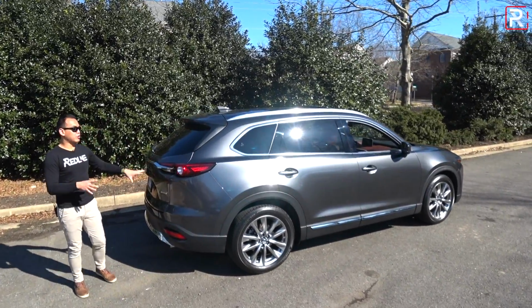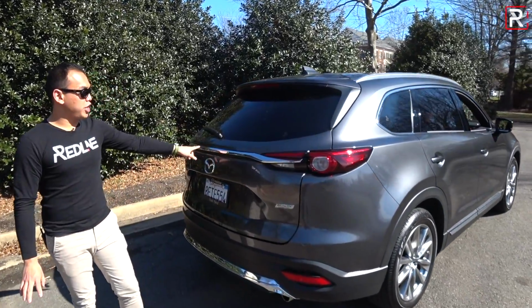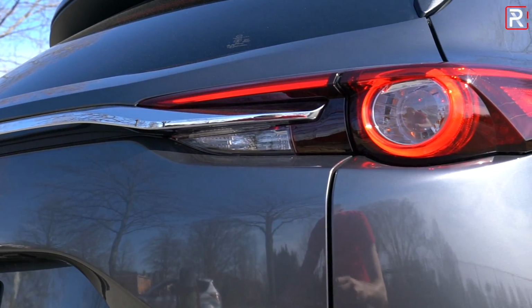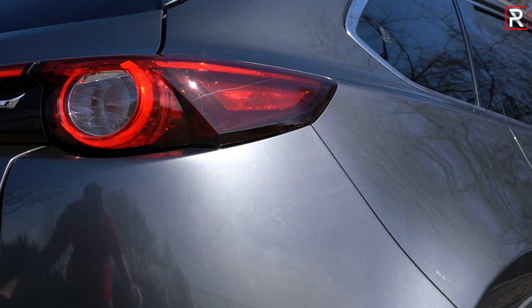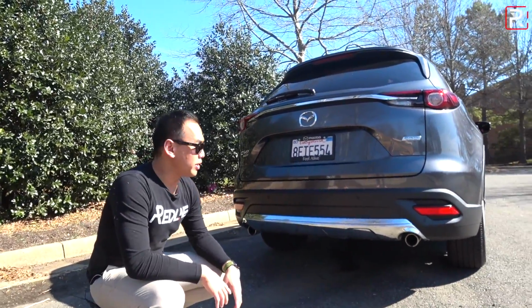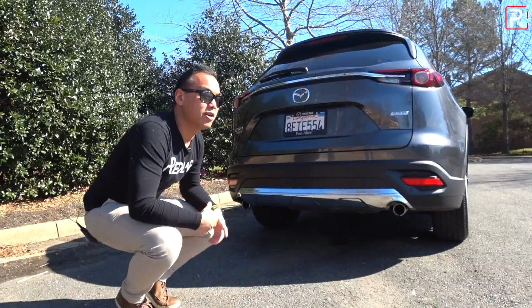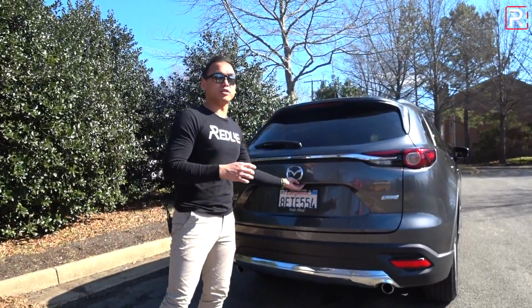Now at the back, that traditional Kodo design language carries through. As you can see, it hasn't really made any changes. There's that chrome that goes into the taillight, which the taillights themselves are an LED combination. The turn signals are just incandescent, whereas at the front, they give you LED turn signals as well. Down here, there are these really nicely well-integrated dual exhausts, which is nice, although I kind of wish Mazda made the pipes a little bit fatter. There are definitely a lot of other vehicles that have a slightly more aggressive exhaust